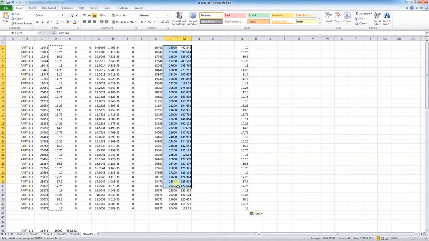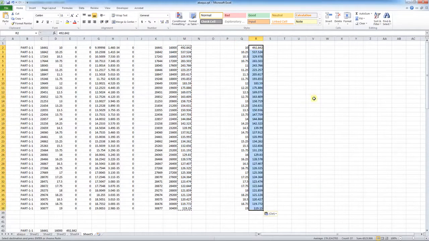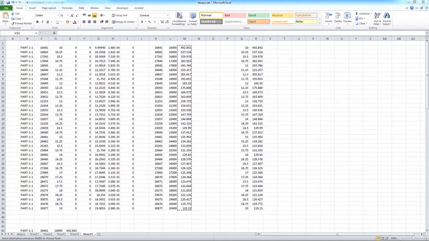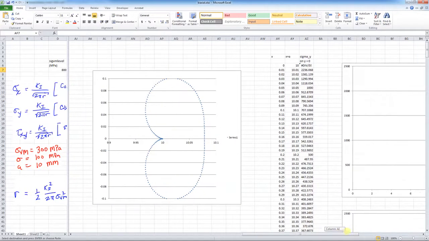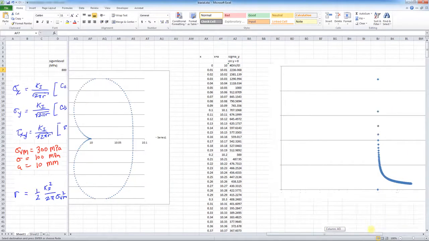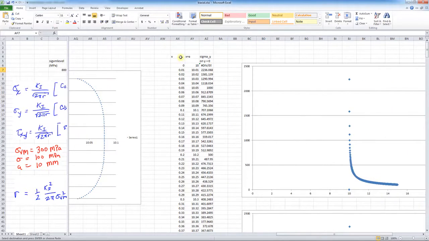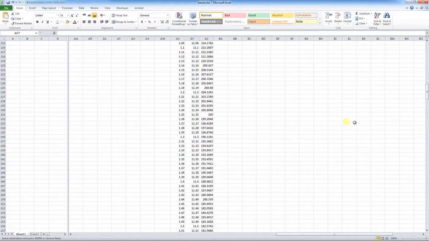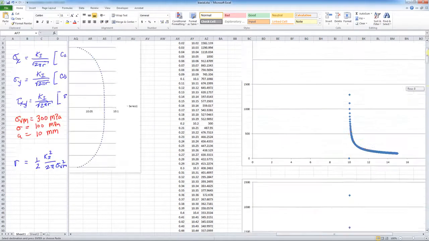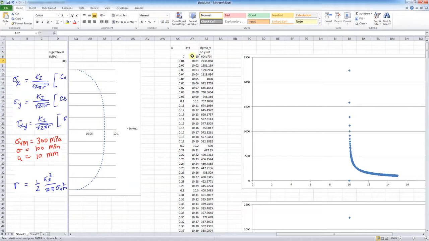And I need these S22 values. And I'm going to go into my Excel spreadsheet where I did my calculations. And I plotted on here my X value for several millimeters of plate in front of the crack tip. Then I added 10 millimeters to it. And then I calculated